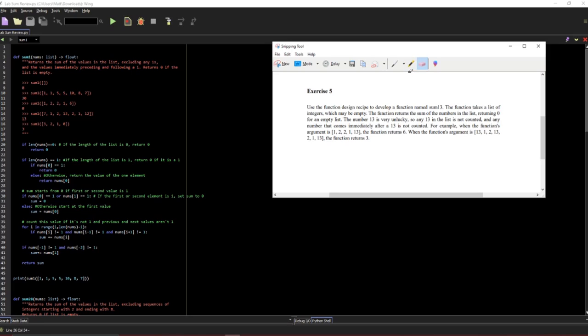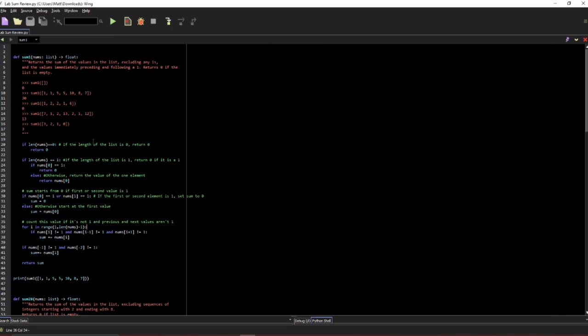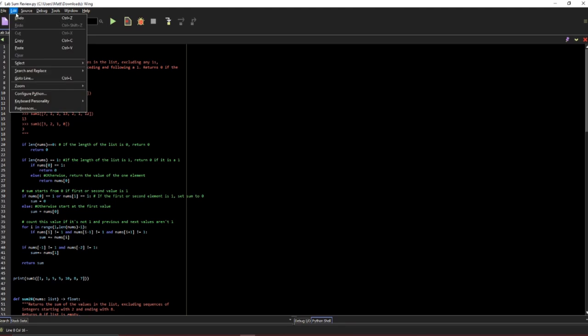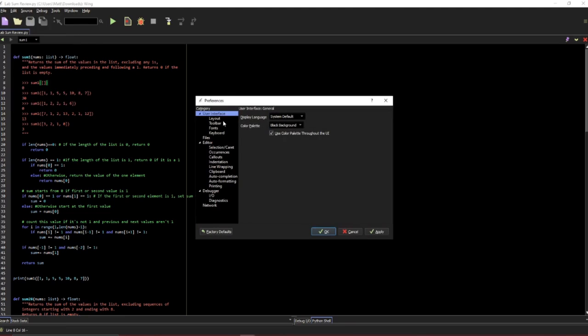Now, Matt, could you zoom into your Wing code a little bit, just because it's on dark mode and it's a little bit small? I think you should be able to do control-scroll. How do I do that? If you scroll while holding control, you should be able to zoom in. It's not doing anything. Probably a setting. Does that do it?